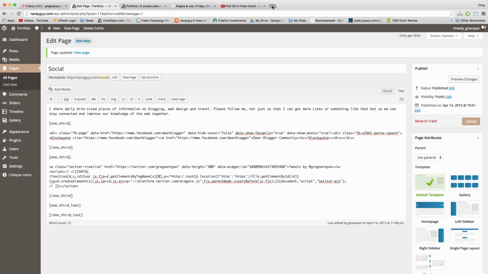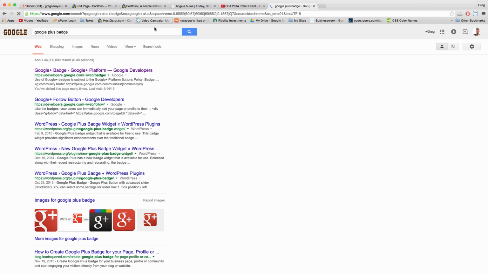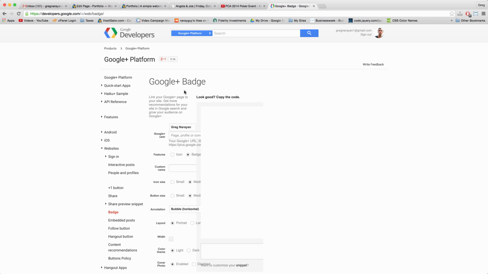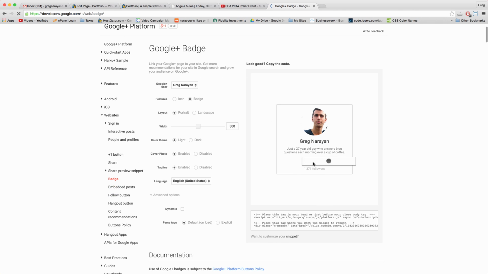So this page is almost done, but I need a Google+ badge first, which is a free widget, just like the Facebook and Twitter widget were free, and it's just called a badge. So some people don't know that, but now you know that there's this thing called a Google Plus badge, and it lets people follow, aka circle you, right from your website. Alright, so we can change the width if we want. I think I want something like 268,